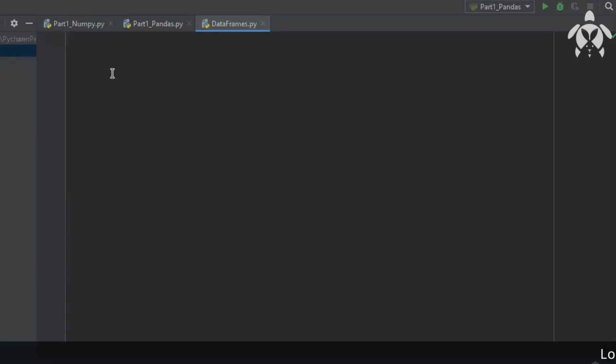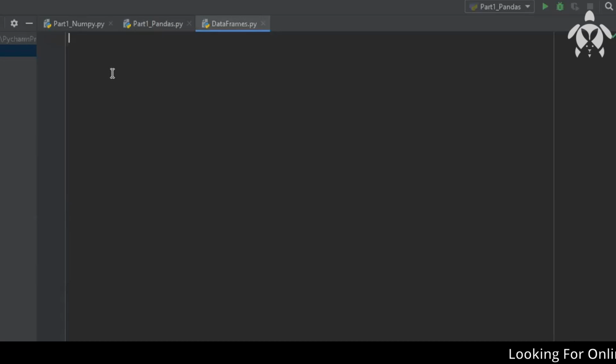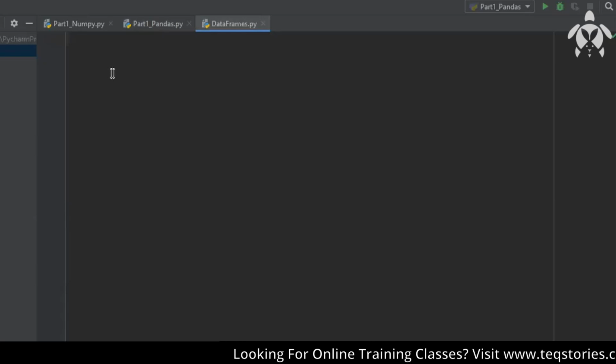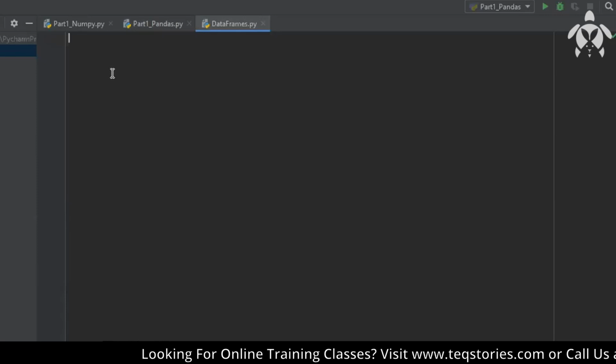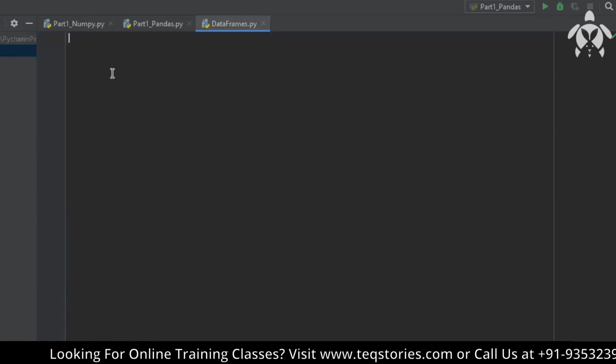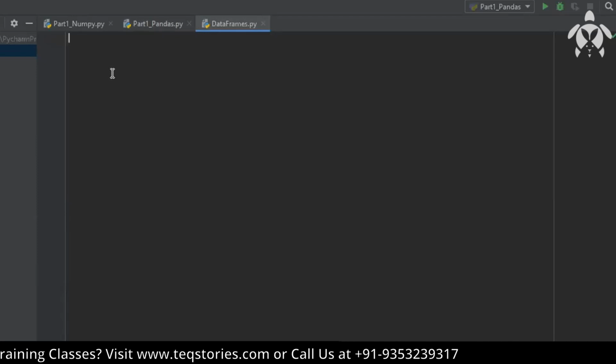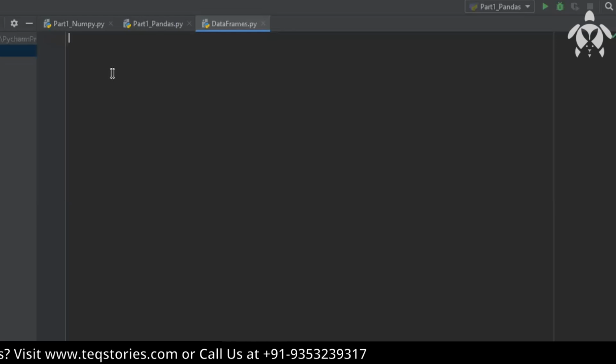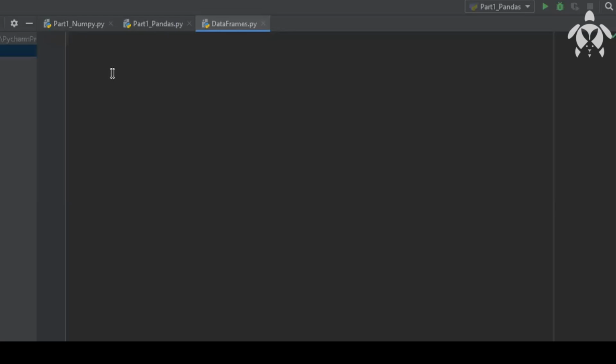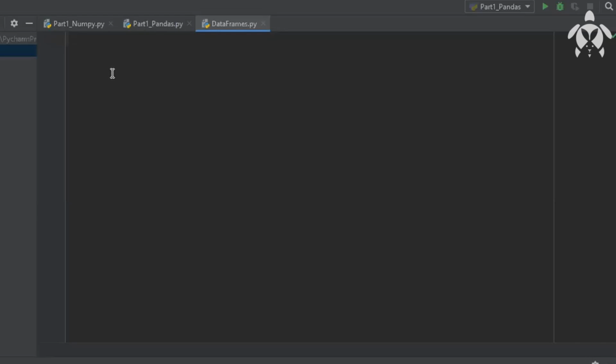So a data frame is actually a representation of a tabular format. In an Excel sheet, you might be seeing some tables, you might be creating some tables, right? If you want to view those tabular formats in Python, we use data frames to view those. The main advantage of a data frame in Python is that you can view any tabular format and you can manipulate any data in tabular format. That is the advantage of using a data frame. And the difference between a data frame and a series is that a series is a one dimensional array data object and a data frame is a two dimensional array.